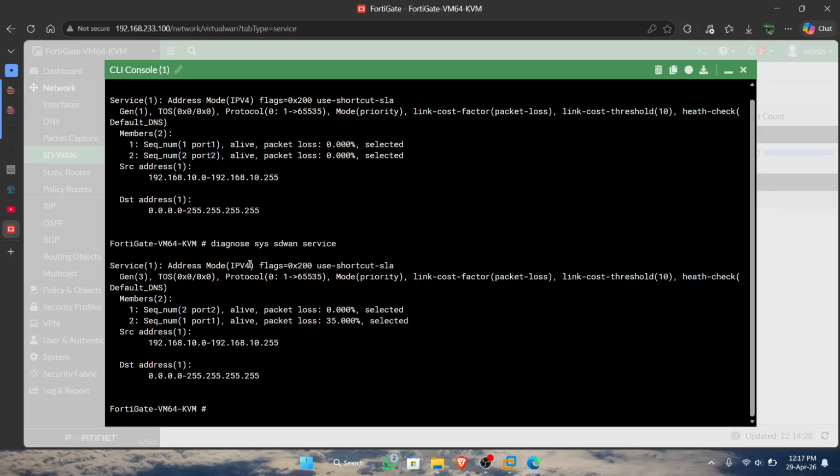You can show the packet loss in port 1 after we turn it off is high, 35, because the packet from VLAN 10 is traced to port 2 as the port is down.